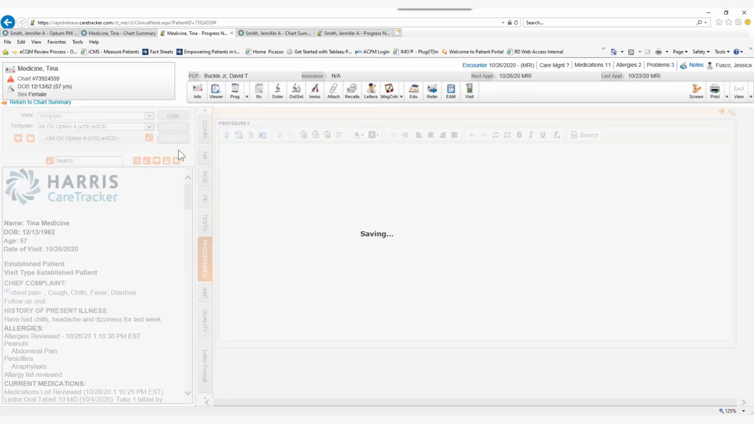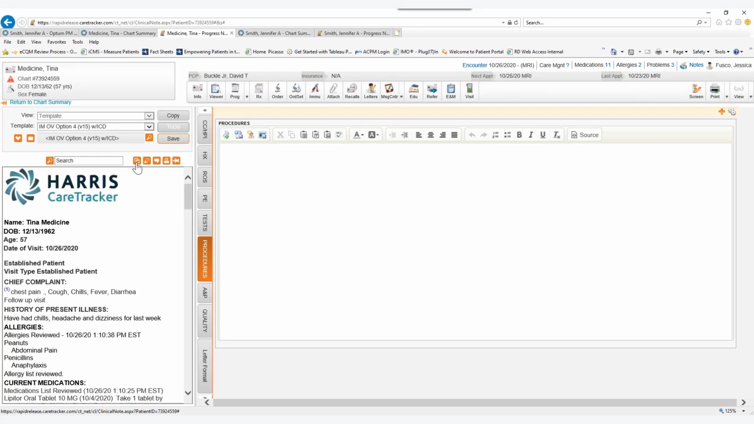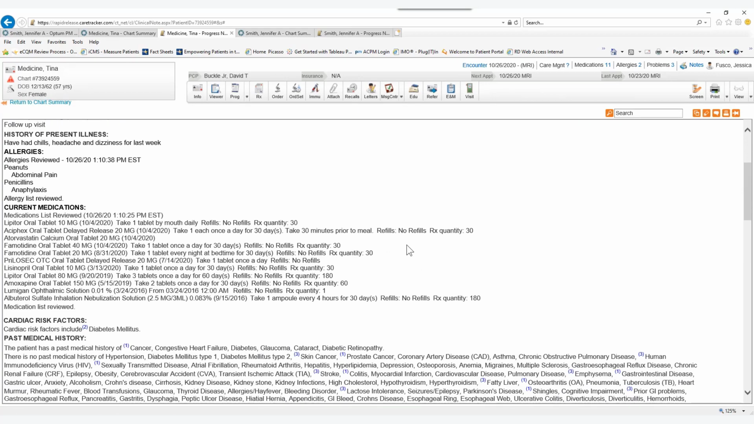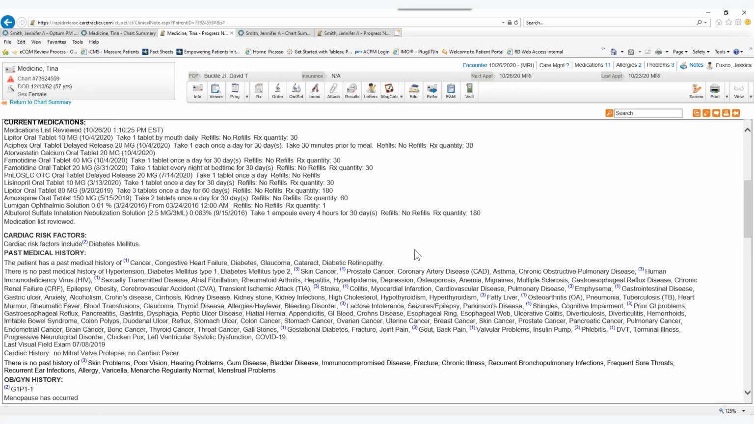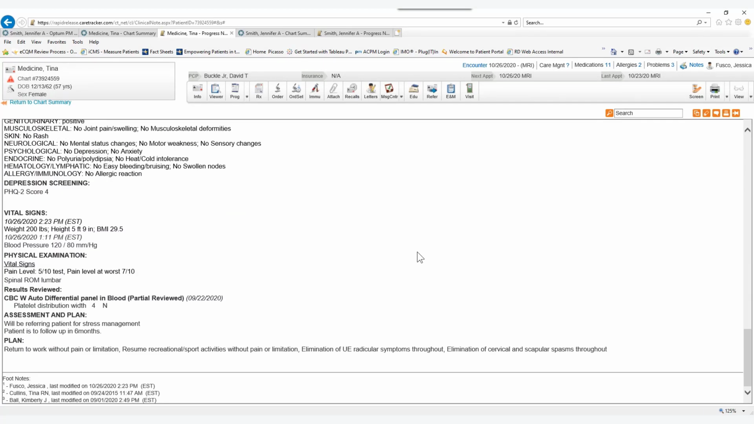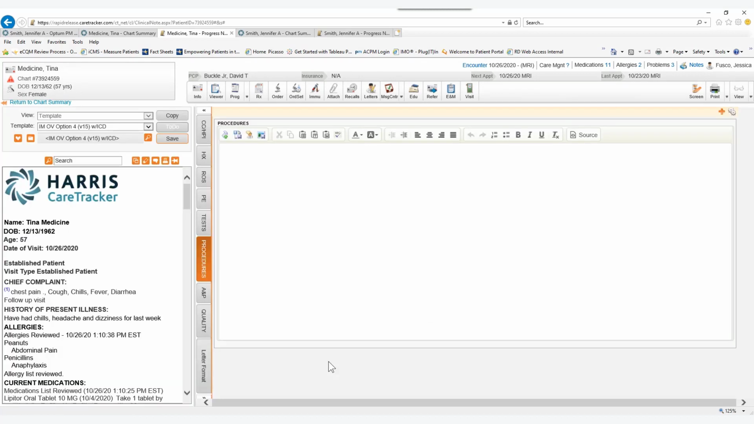Now that I've saved my progress note, I can review this if I want to, and again, I can expand this to review the narrative, just to make sure everything looks good, everything looks right, sounds right, before I sign it off. And if I want to expand it back or collapse it, I can do that as well,